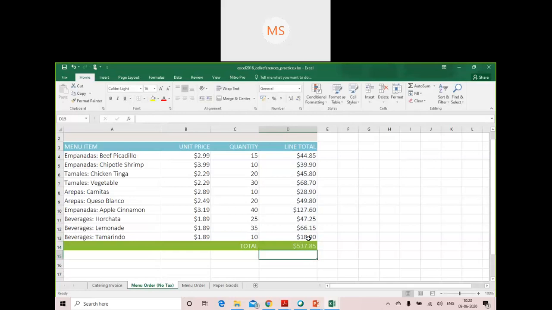Now as you can see, this is the simplest way of doing that calculation. If I want to add this entire number, instead of using the plus sign individually, adding each and every cell together, you can collectively add all these cells together by just making use of a function. So this is how it eases your job.